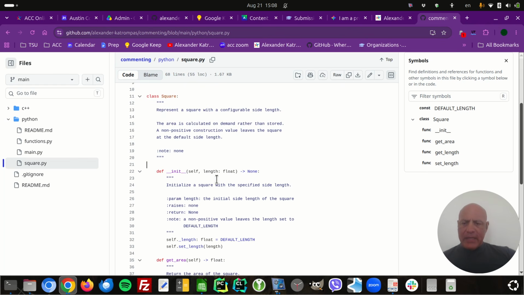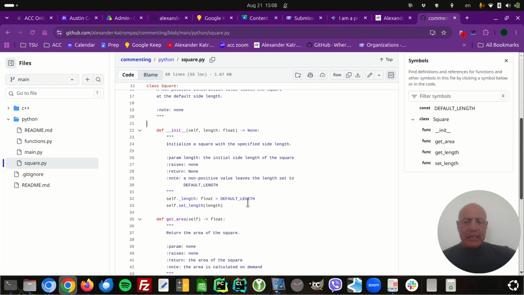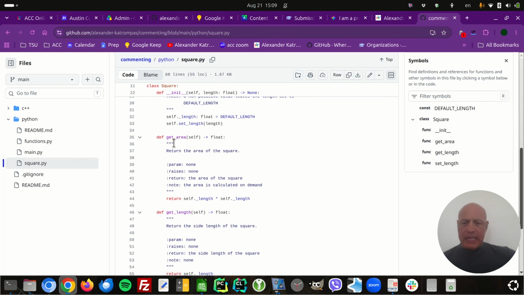All right, and then we have the methods. Same thing, same rules, except it's a docstring now. So you put it inside, and you do the exact same thing that you saw with the C code. You put a description, you put parameter, raises, return, and note. It's always the same for it: parameter, raises, return, and note. Okay. And you just list everything that way. And if it's none, you still list it. So again, functions and methods are no different. Okay, same thing in C, same thing in Python.